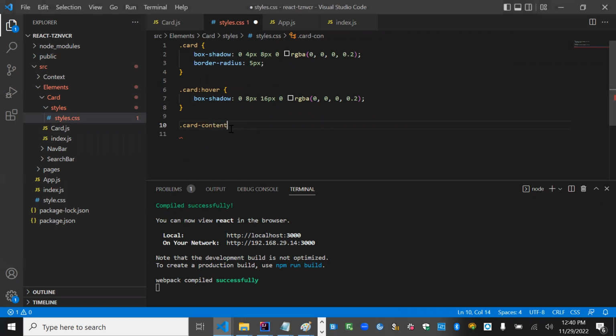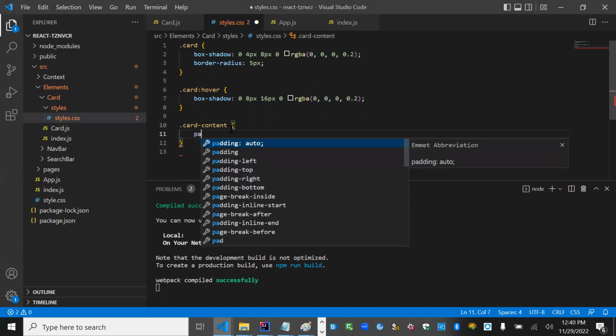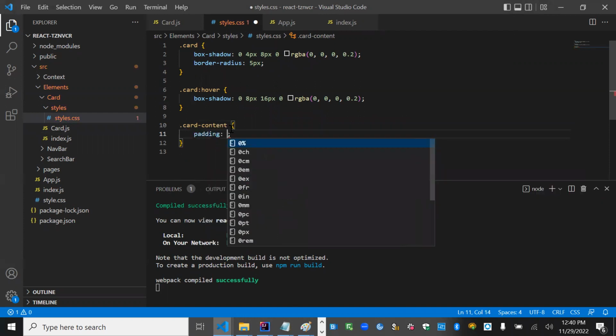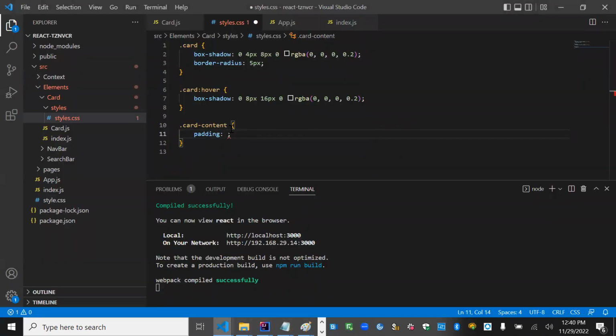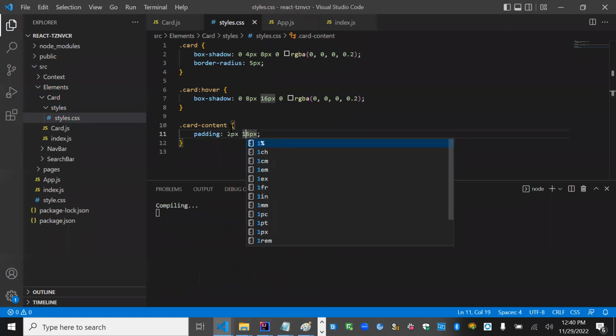Card content. So let's give some padding to it. Maybe the padding would be good. Okay. Maybe top right. Right. So that's okay. Now, one more thing is, if you see now, if you hover over the card,